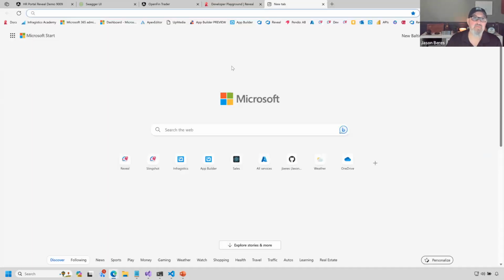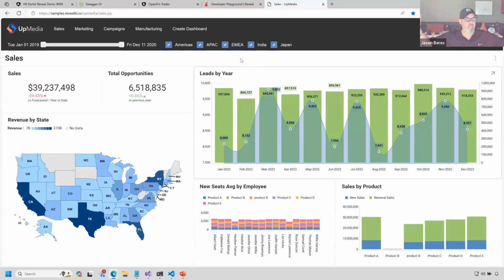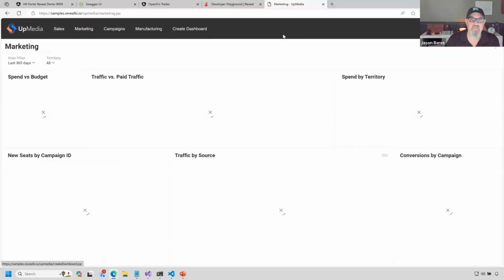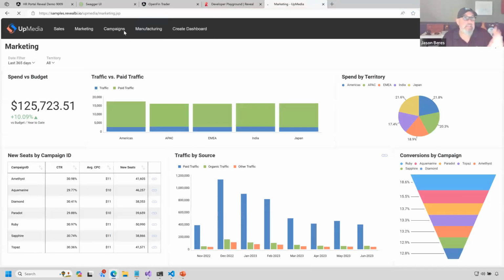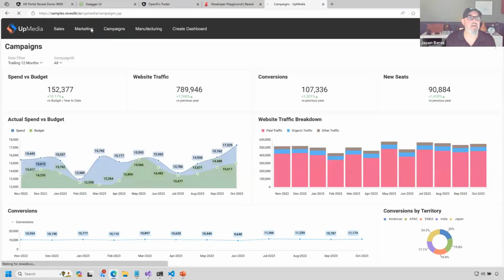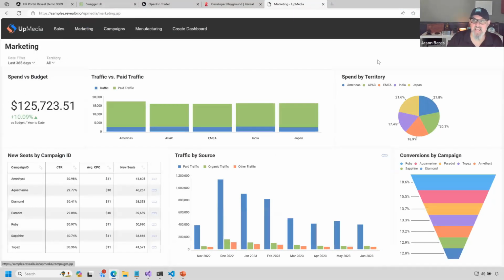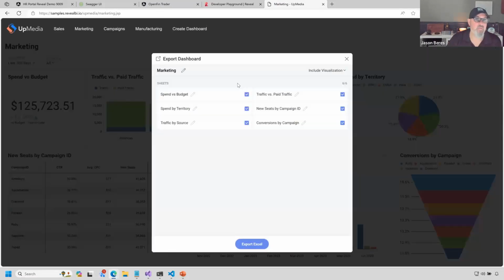And then finally, I'll show you one more example that's up on our website called Up Media. Again, this is one of those full screen views where I've got all of my visualizations here. The area in the black up here is like my application code. So I'm clicking on dashboards to show them here. I got manufacturing, campaigns, marketing. In this case, why don't we go ahead and show a nice feature like export to Excel. Remember, I disabled or enabled this. If you want to enable something like this, and maybe we don't want to show the spend versus budget visualization,